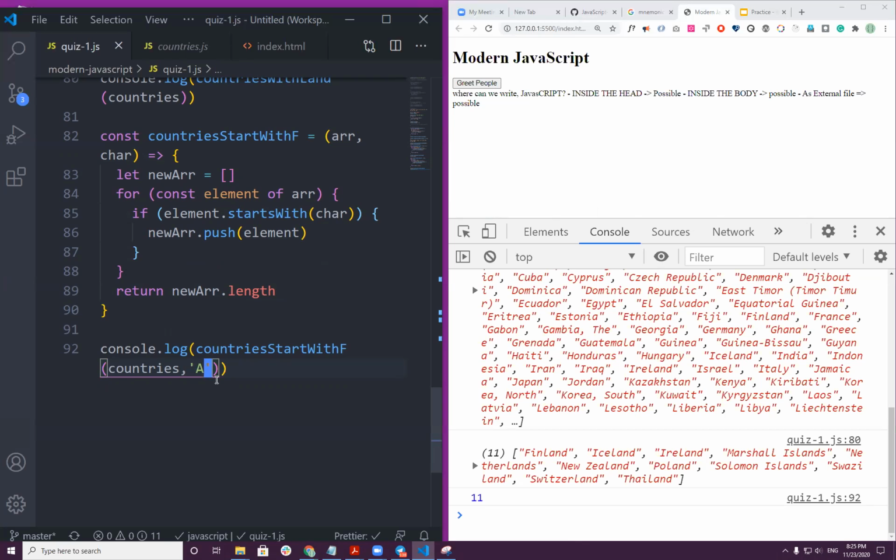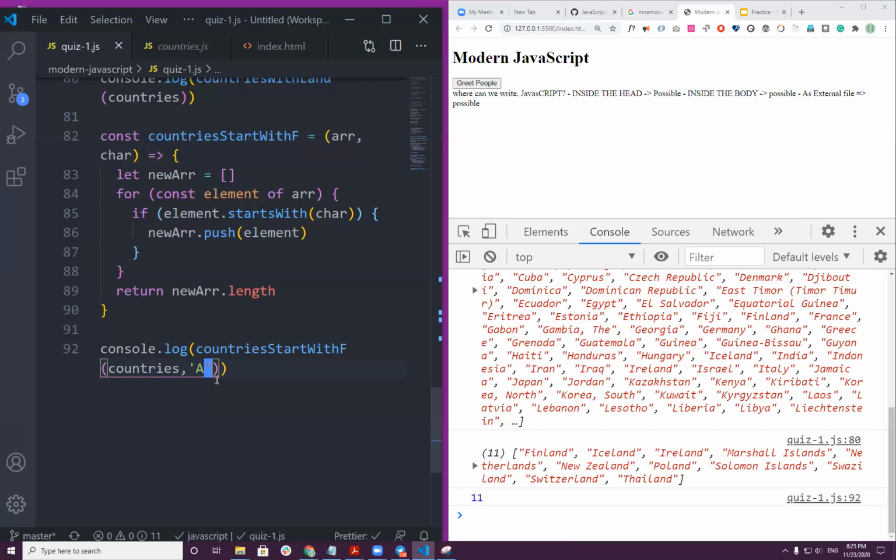Which letter do you think has the most countries? I mean, yeah, Sophia is the closest. As you can see, with F we had only 3 countries, with A, 11 countries.